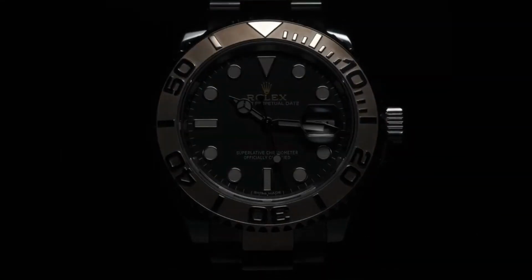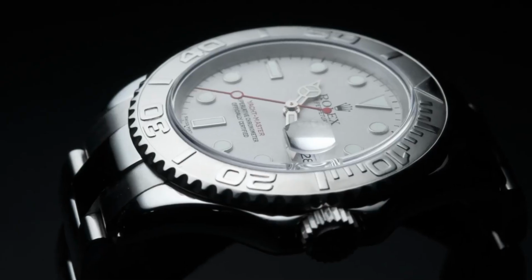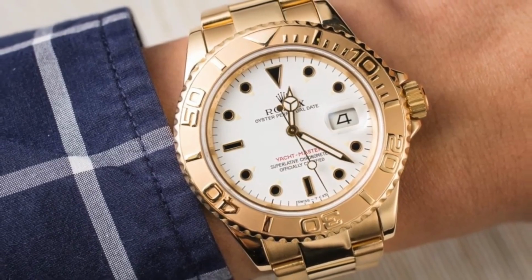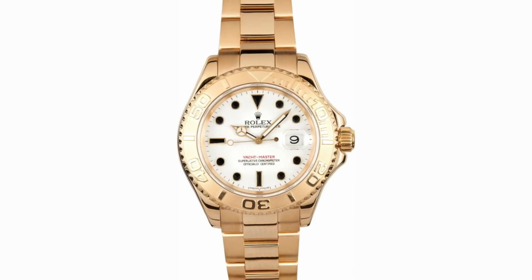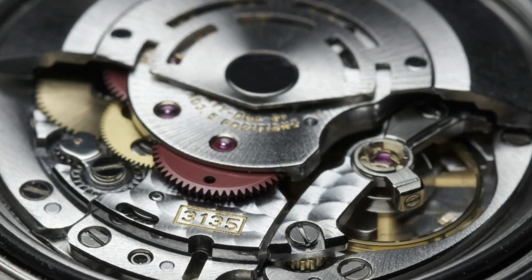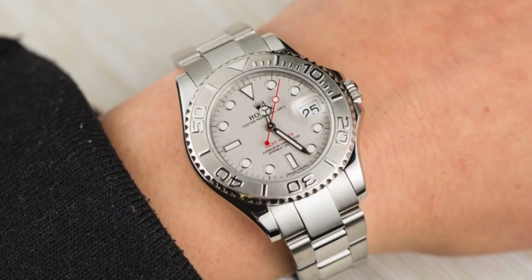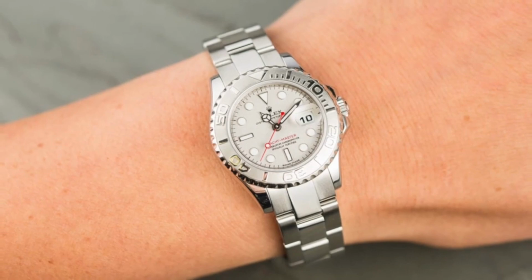Rolex Yacht-Master. By the 1980s, the Rolex Submariner had come out in gold, and preppy folks around the world were rocking them as status symbols. Rolex kind of punched the preppy class on the nose with the all-gold Yacht-Master of 1992. Interestingly, the Yacht-Master's evolution has been one of increased sportiness and reduced bling since its release, not the common direction for Rolex's evolution. The toning down of glamour and upping of ruggedness has made the Yacht-Master a bit of a sleeper model in the Rolex catalog, but it is every bit as capable as the Submariner, which it